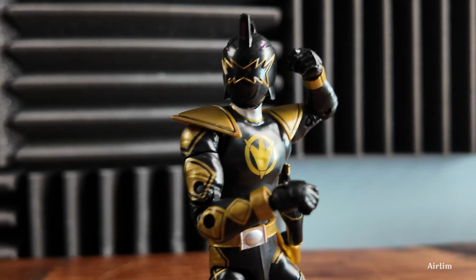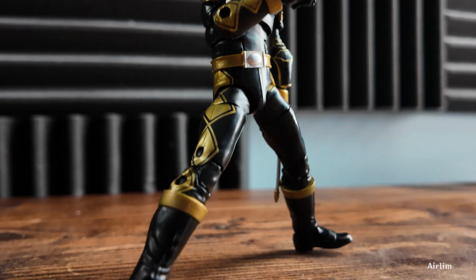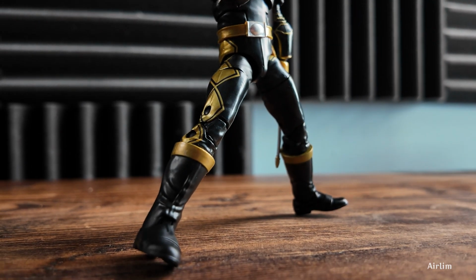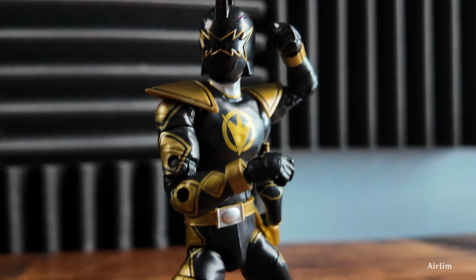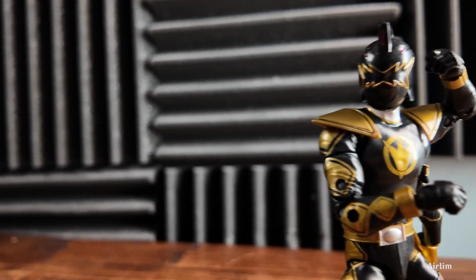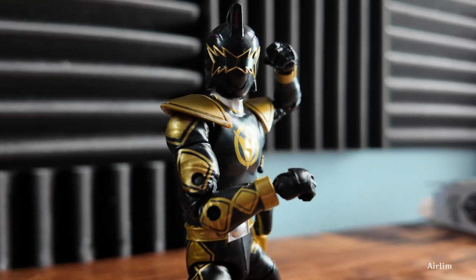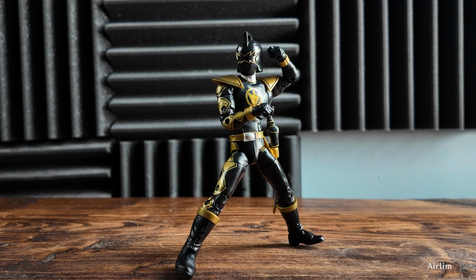You can't really go wrong with the paint. It's effectively two main colors and then a third one if you want to add into it. But I feel like he could have come with a little bit more accessories for the price that you're paying, because he is extremely rare for some strange, bizarre reason. I generally wish that they would have made more of these, but apparently they only made a few. Considering this is JDF's last Ranger figure for his mode that we know of,